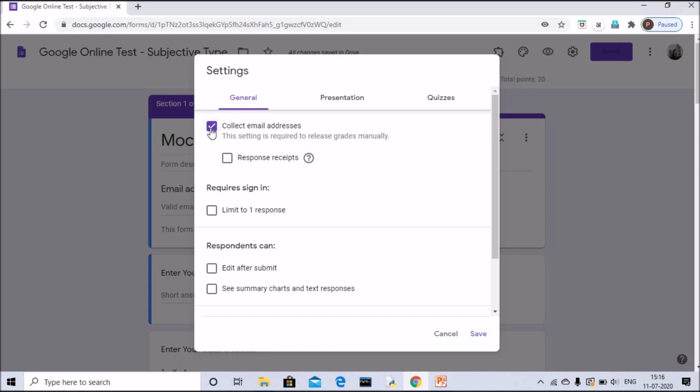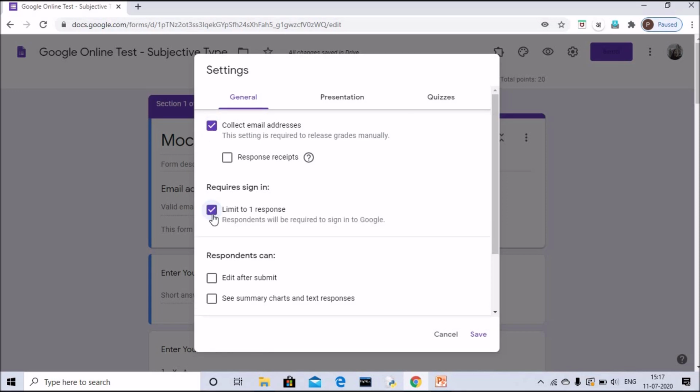And please give very, very clear guidelines to the students beforehand, that they should double check the email ID which they are entering. It should be correct. Only then you will be able to share their result with them. Now, response receipt, you need not give it to them. You just keep the collect email address. Limit to 1 response. Yes, we will make it yes, because if we are doing a subjective assessment and